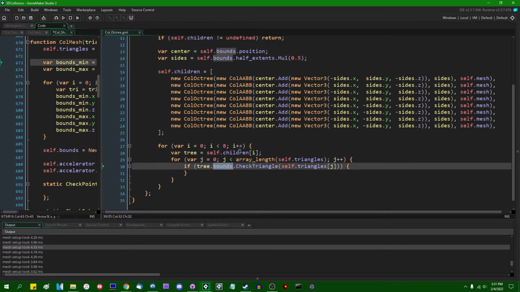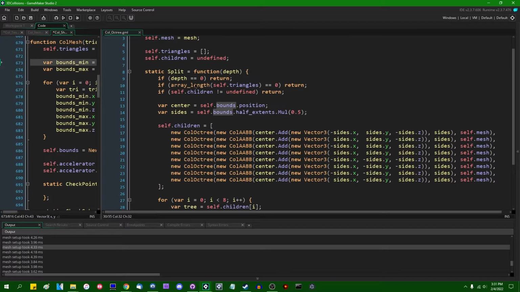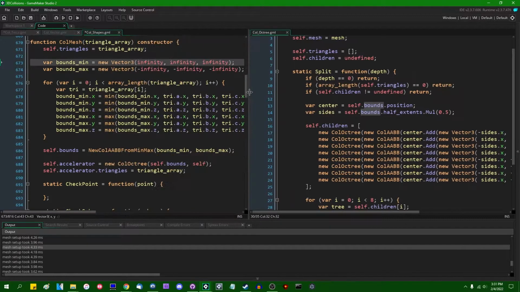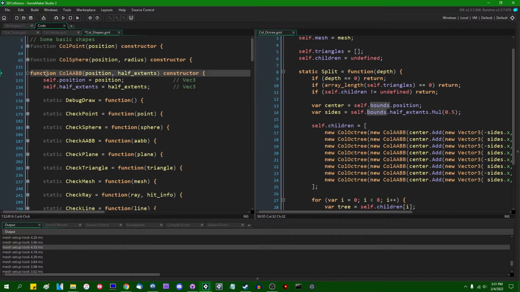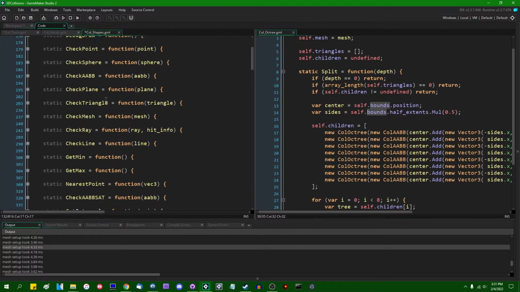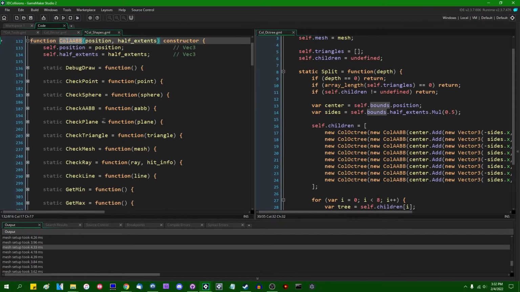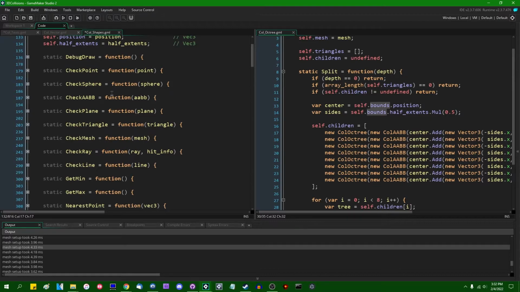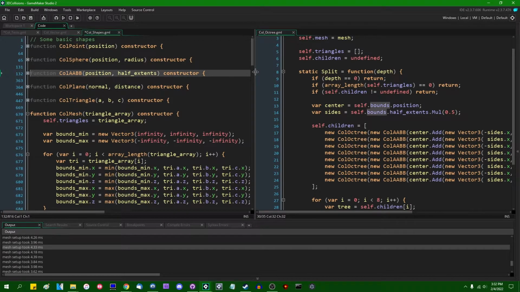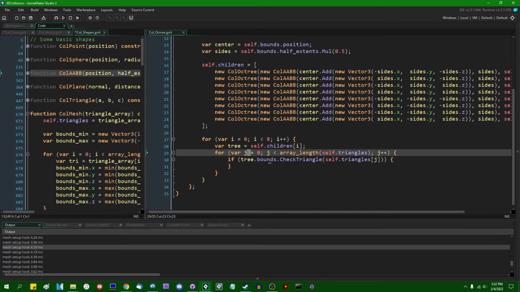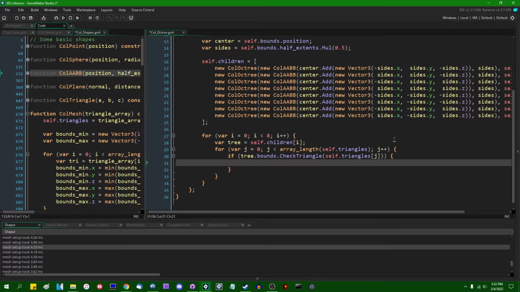Since the bounding box is simply a collision object, it also has access to each one of the collision checking methods within it. So we can say if the tree.bounds.check triangle of each triangle in the octree,